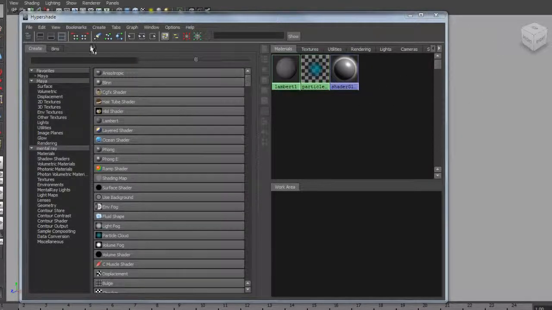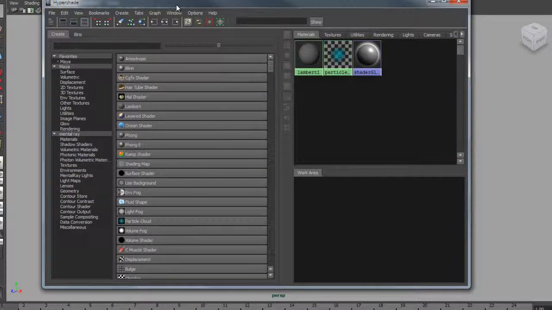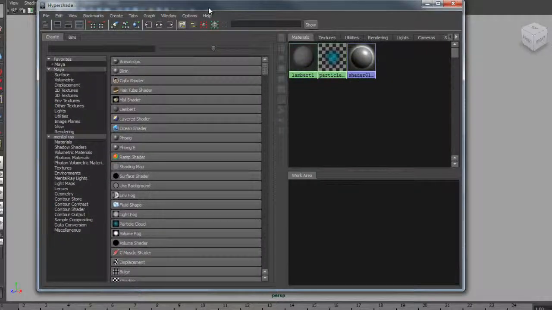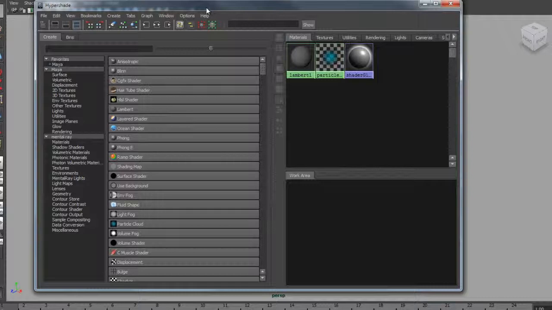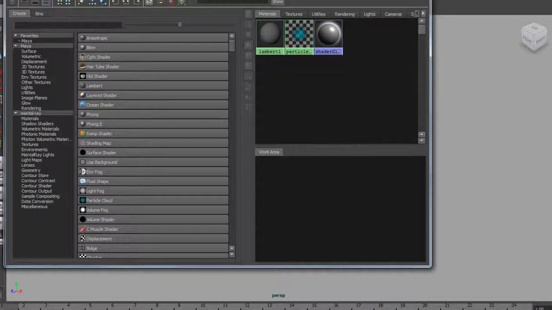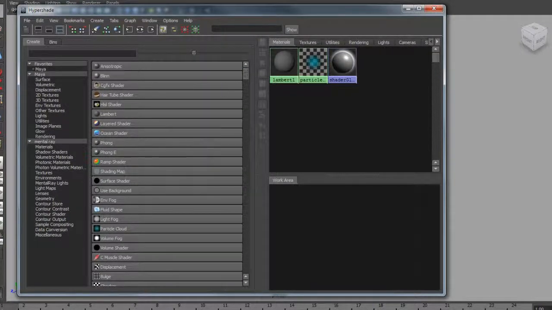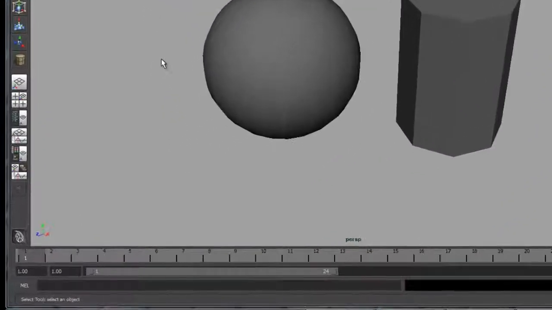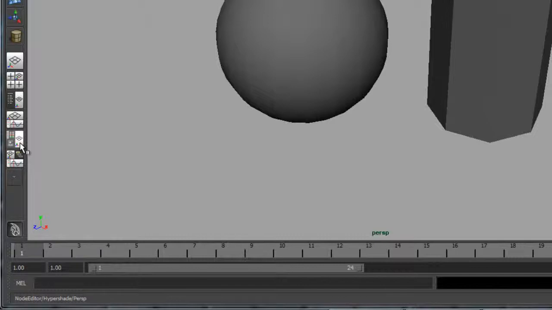So this is one option, and if you've got let's say two monitors and you're using a PC, or even two monitors for your Mac, you can always move this over onto your second monitor and just have it open permanently. That works really well. But if you're using a single monitor, then the following method for accessing this panel might be a little bit more easy and efficient. So the other way of accessing the panel is to come down to your viewport presets,